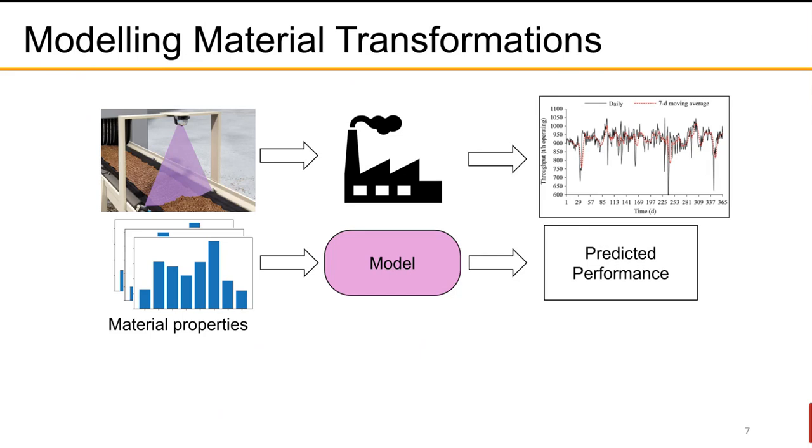But as I mentioned, in the closed loop framework, we're collecting a huge amount of data from our mine complex, and we can be collecting data from the material. So maybe when it's still in the ground, or maybe after it's been crushed. Here we can see an example of a scanner on a conveyor belt that can give us some information about the material. And we can also collect measurements from the outputs of the processing facilities. So if we have measurements on the quality of the resulting products or the performance of what's happening during that processing,